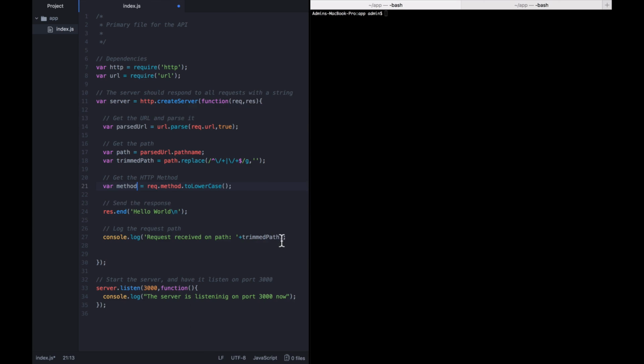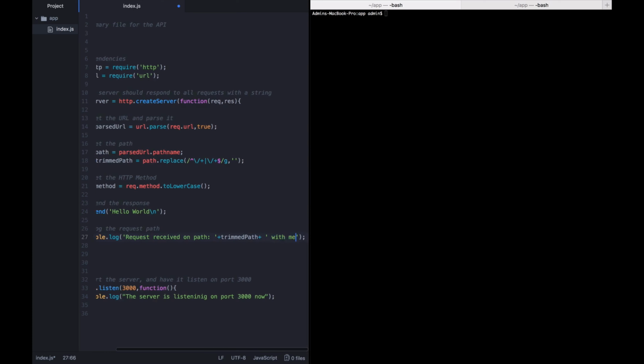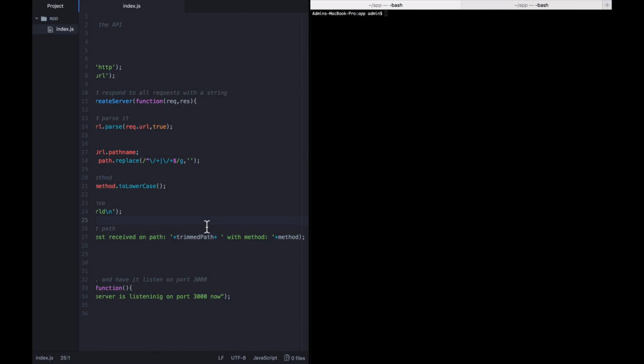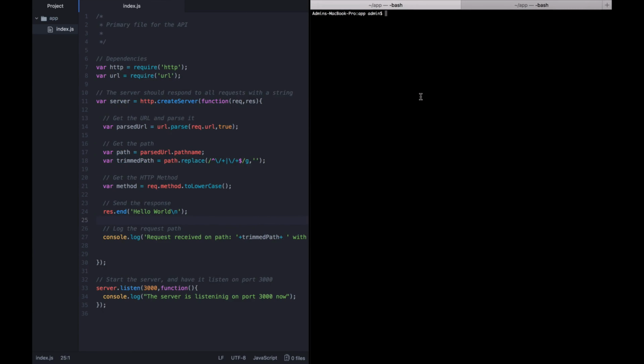To make sure that we're getting it, let's go ahead and modify what we're logging out. Say that the request received on this path with this method. So now when a request comes in, it'll log out both the path and the method. Let's go ahead and start the application